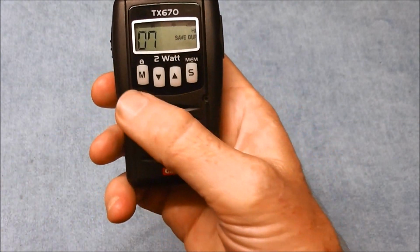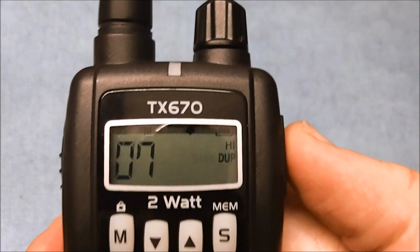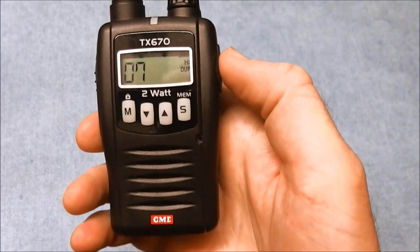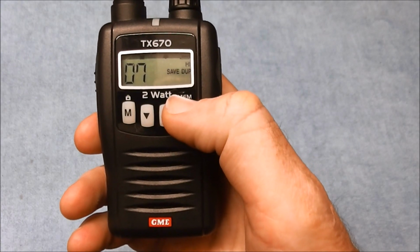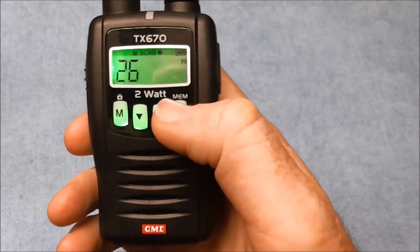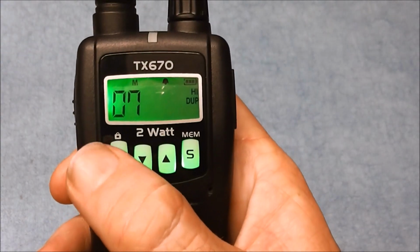On the front here we've got the memory button, and again up the top of the thing there, I hope you can see it, there's a little M just above the 7. When this goes into scan mode, which I'll just demonstrate for you, it scans through all the channels. Now I'll cancel that again. Back on 7, if I press and hold,